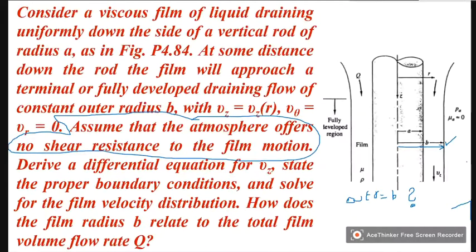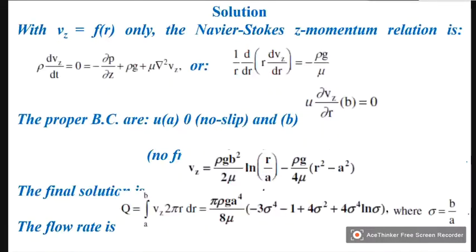So you fix your brain and mind and apply your mind. Always try to identify the values of V and dou by dou of V. What will be those values at 2 points? Then the whole Navier-Stokes equation problems will be easily solved. That's all. So the remaining things are automatic.